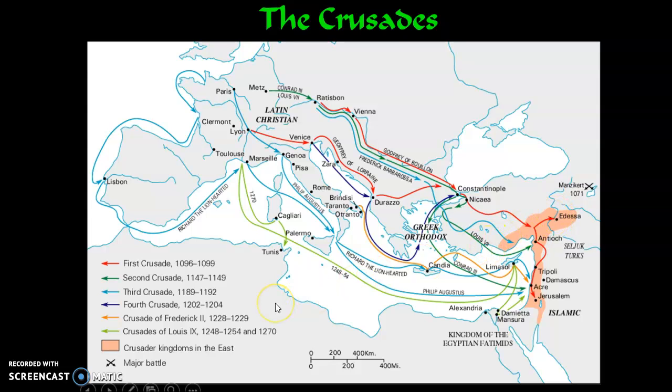The Second Crusade, largely a failure. Edessa had fallen to the Islamic empires, and the Christians try to get it back. It's a fail. The Third Crusade, where we see Richard the Lionhearted and some other political leaders involved in this crusade, is really to try to affect what has become a great deal of Islamic unity. Under Saladin, as he's referred to in the West, we see kind of a leader who is connected to Egypt start to organize the Islamic peoples under one framework, and we see the takeover of Jerusalem.